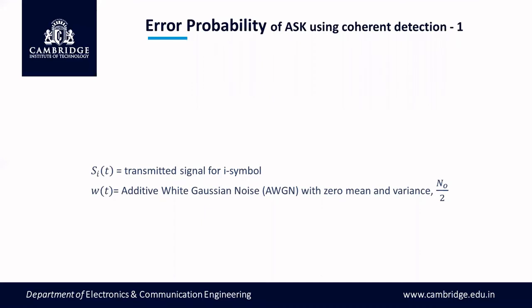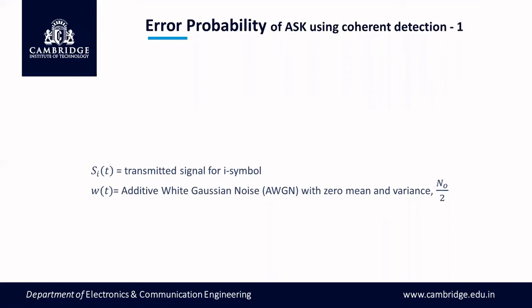The expectation of si1 is si1 itself, because si1 is the transmitted signal, which is either root Eb or 0. If symbol 1 is transmitted, it is root Eb. If symbol 0 is transmitted, then it is 0. The noise is always having 0 mean. Here I assumed the noise is 0 when symbol 0 is sent. That's why, even though si1 is not expected, it is basically present.